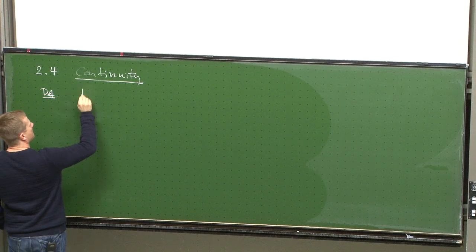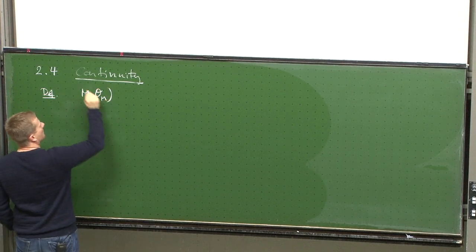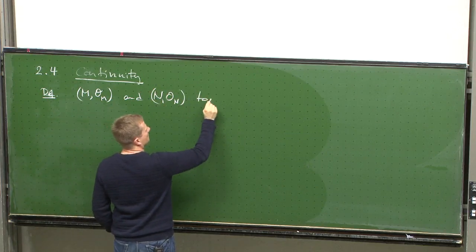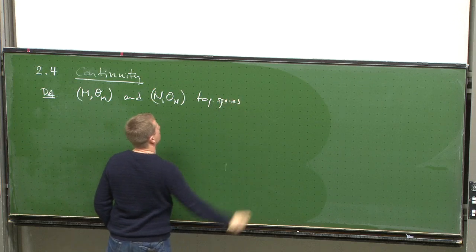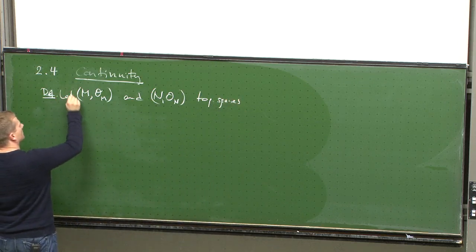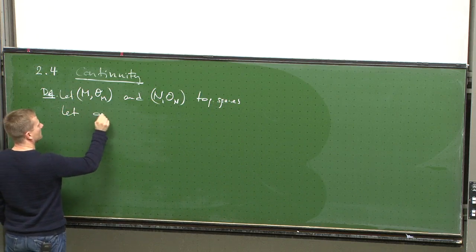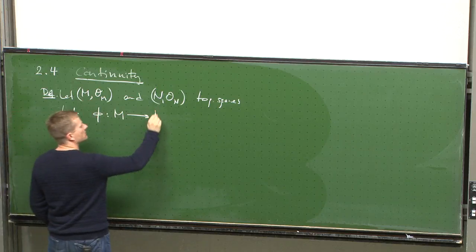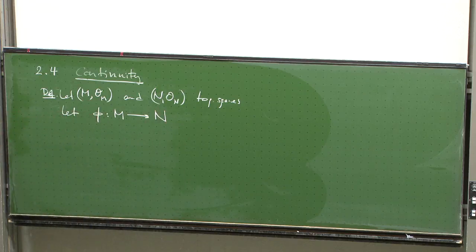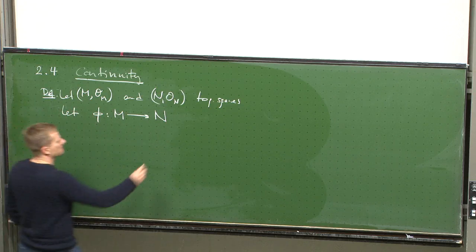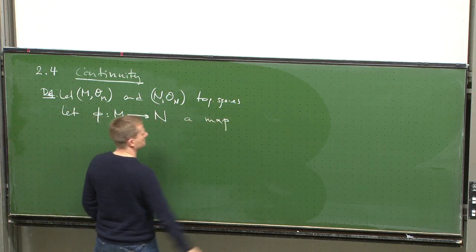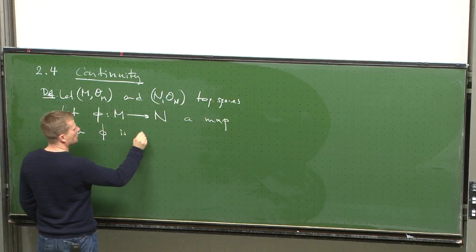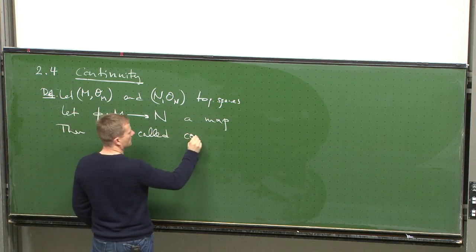Definition. Let (M, O_M) and (N, O_N) be topological spaces, and let phi be a map from the set M underlying the first topological space to the set N underlying the second topological space. Then the map phi is called continuous